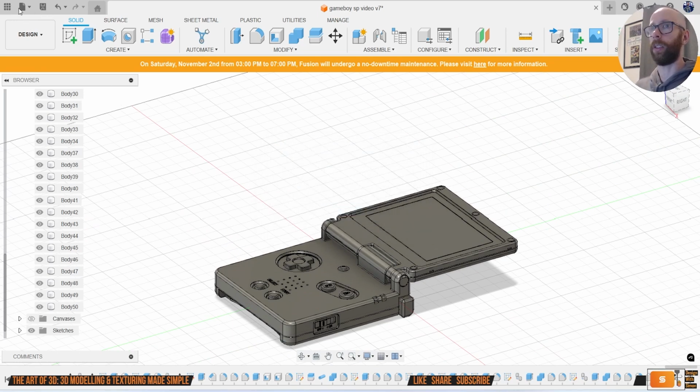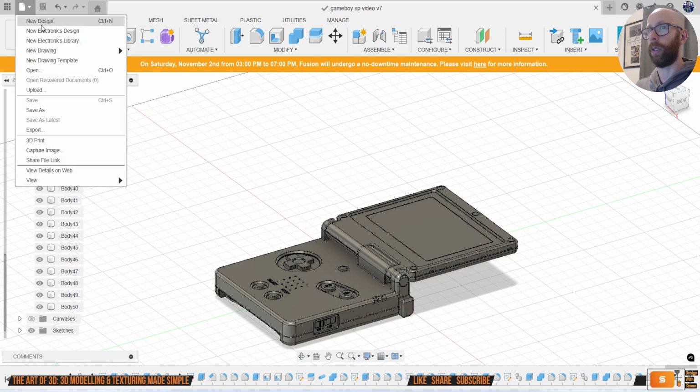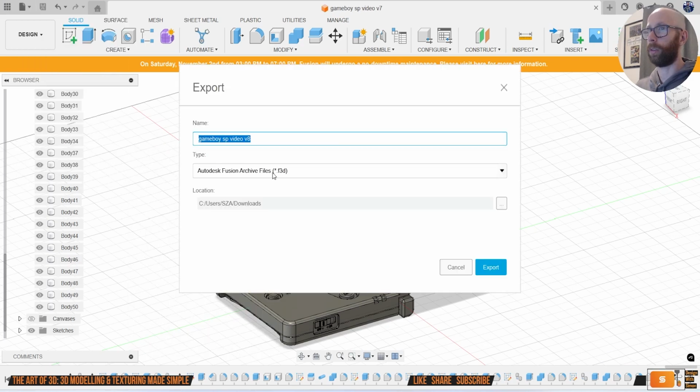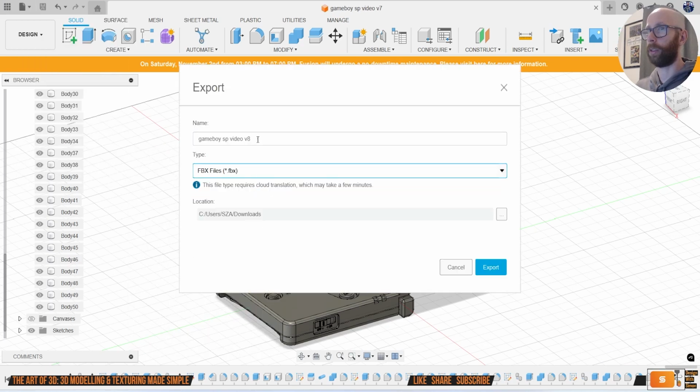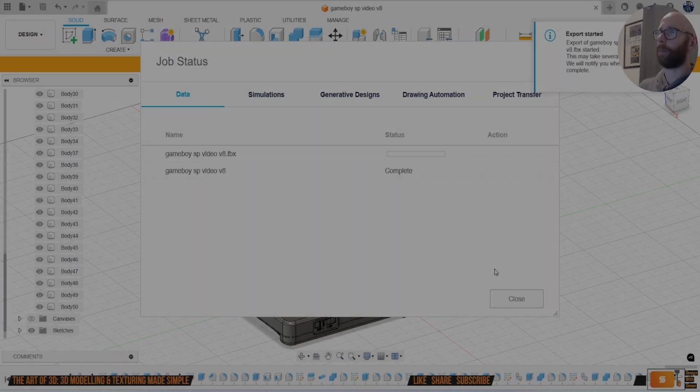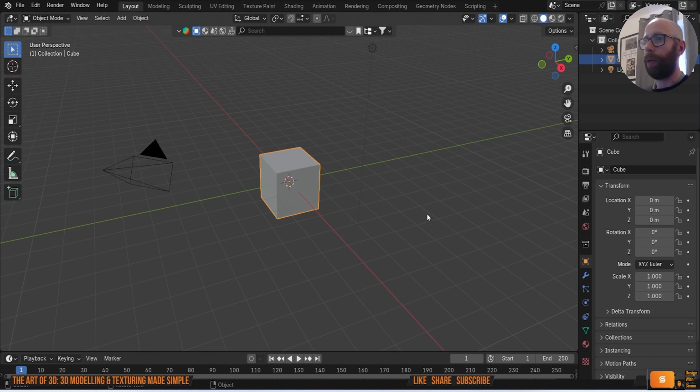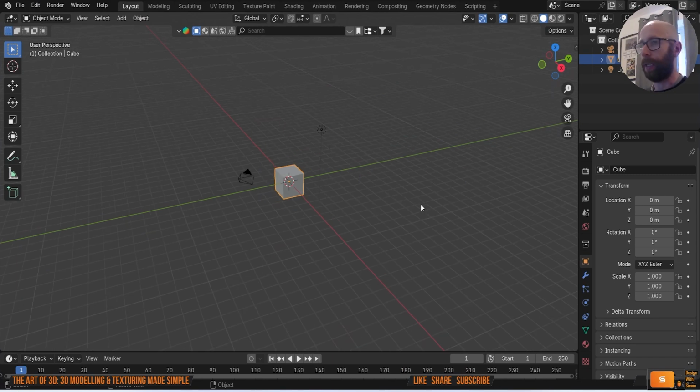Then all we've got to do is go to File, Export, change that to FBX. Go to Export, and then we're going to jump over to Blender to have a go at texturing it. Okay, so now we're in Blender. I want to grab everything in the scene to begin with, so I'm going to press A,